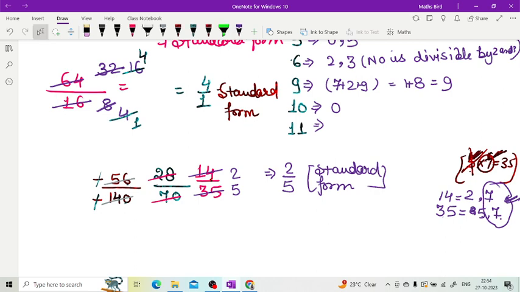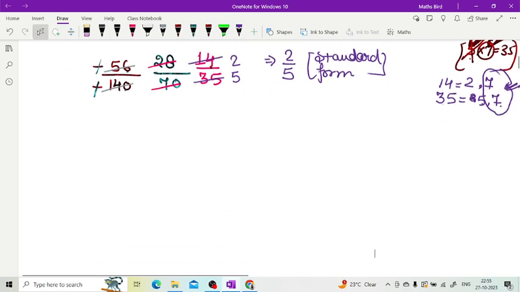Now acha, one more thing. If your answer is 2 by 5, this is the correct one. If your answer is minus 2 by minus 5, this is also correct, because if you are not cancelling the minus minus, it will be minus minus, then it will be minus. So as we have discussed, whether we write 2 by 5 or minus 2 by minus 5, both are equal, right? इसमें confuse नहीं होना है, right? So 2 by 5 is a standard form.